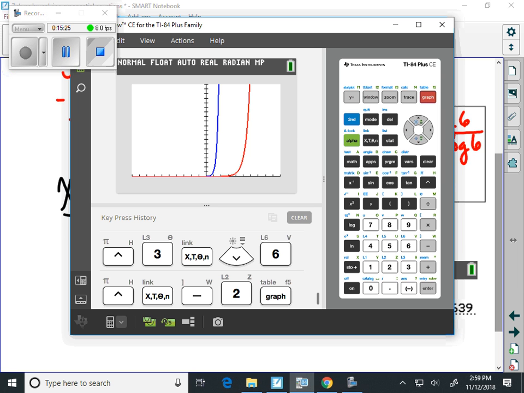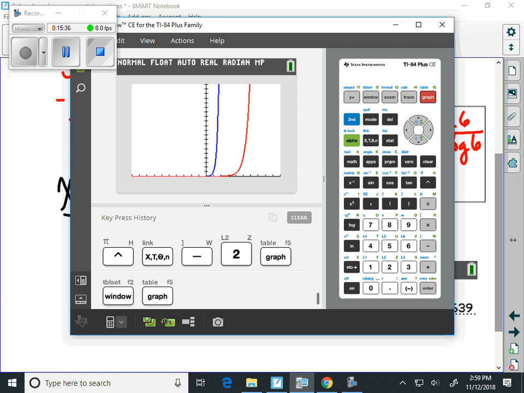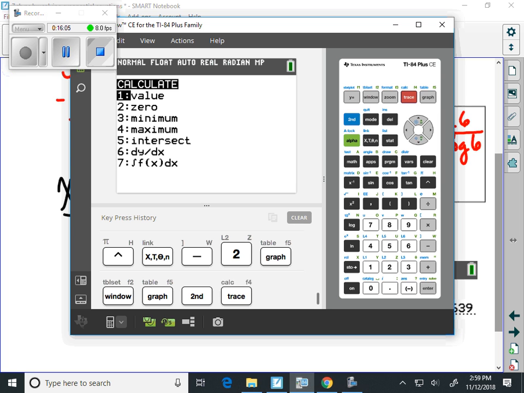That's got the stuff in from the other problem, the y value, so I still have in my y's there, -2 to 1,000, scale 50. So it actually shows up here on the screen, which is better than I did originally when I was working on this. And let's see if it works. And it might work and it might not work here, but I cannot tell. I can't get close, and even when I have different windows, a different window on my paper of what I use, but what I ultimately ended up doing is just going here in second and trace to get to calculate,